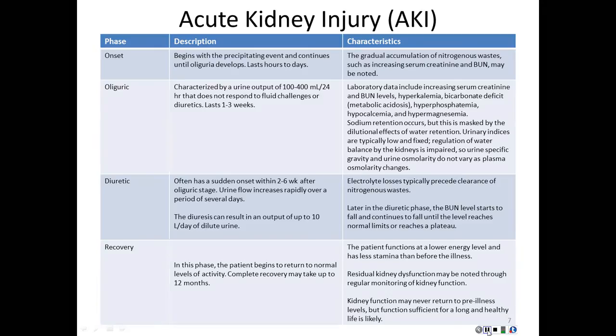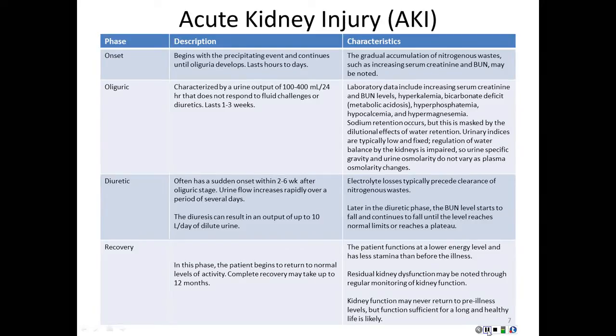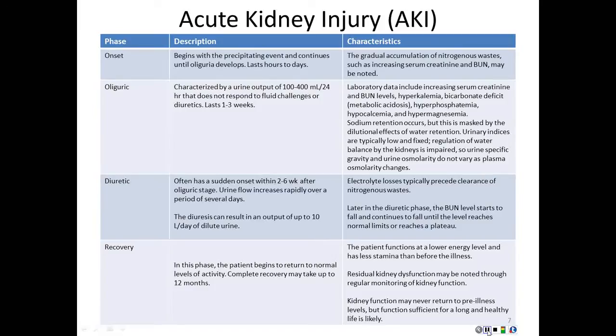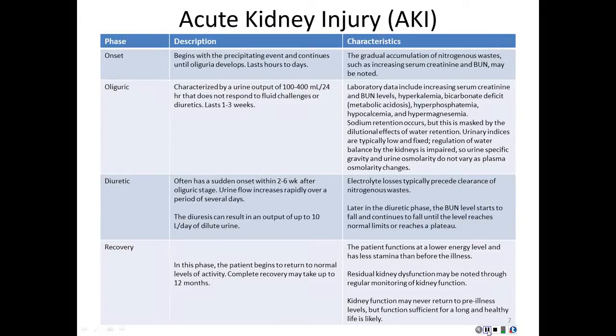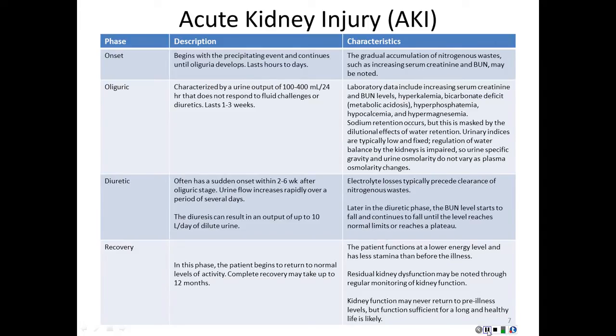This is from your book, and I'm sorry I did not write down what chart this was, but this looks at the phases and the descriptions of acute kidney injury. You have your onset, your oliguric, your diuretic, and your recovery phases, and each is characterized by different types of processes. That onset would probably kind of go along with the R or maybe even the I processes of the RIFLE assessment as we look at it.